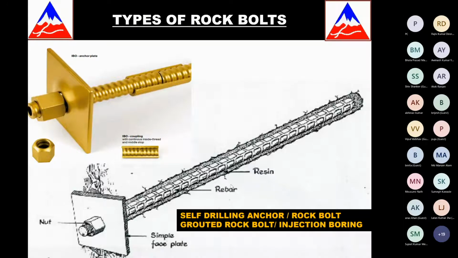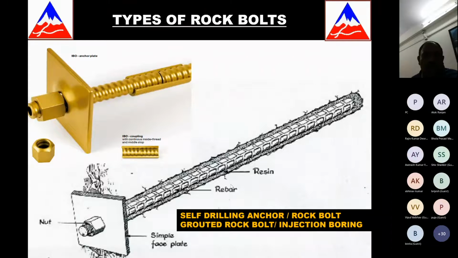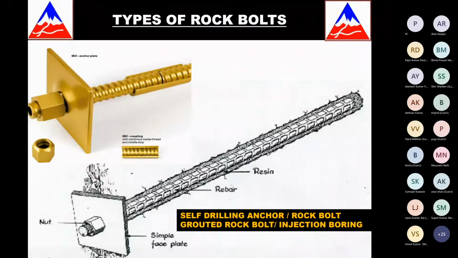So what happens is they have a drill bit on the tip themselves. You just drill them in with your boomers and all, and then they have an annular grout, which is grouting done. So the grout goes in that gap, the drill hole, and on the tip, and it gives this rock bolt friction all along its length, giving it much more strength. So these are the kind of rock bolts which give you maximum strength. The self-drilling grouted rock bolts.